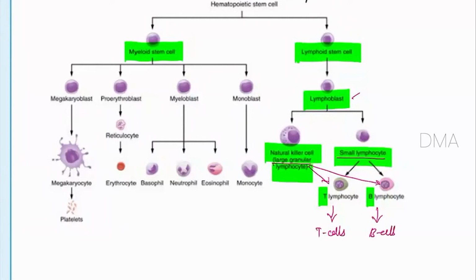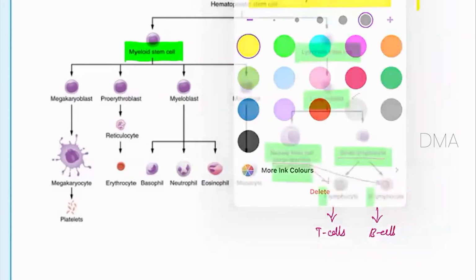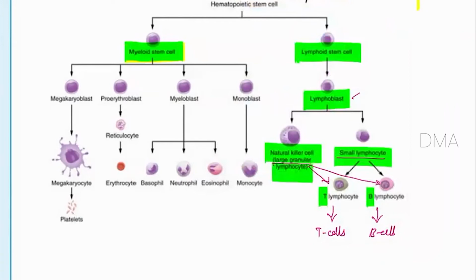And now moving on to the myeloid progenitor. So this myeloid progenitor, it will constitute the myeloid stem cells. So this myeloid stem cells is going to give rise to multiple different types of cells. So they include, first we will see the proerythroblast. Proerythroblast, which is going to form the erythropoiesis. We will be seeing this in detail again when we are dealing with the red blood cells. So proerythroblast, then the immature reticulocyte forming the red erythrocytes. They are also called RBCs.